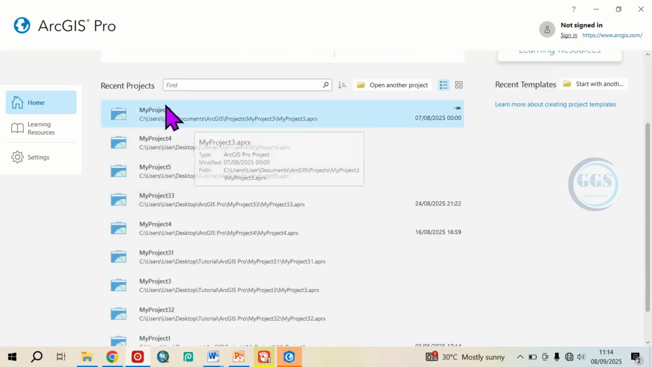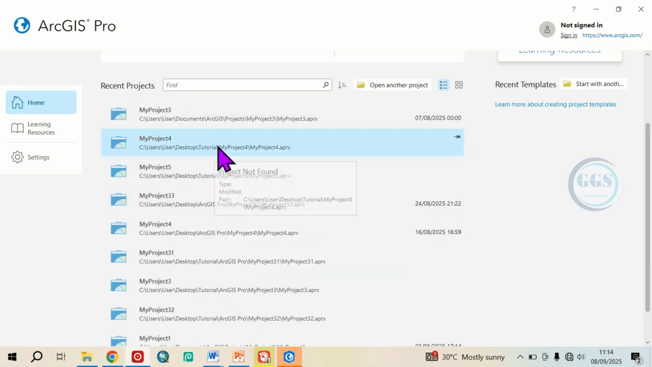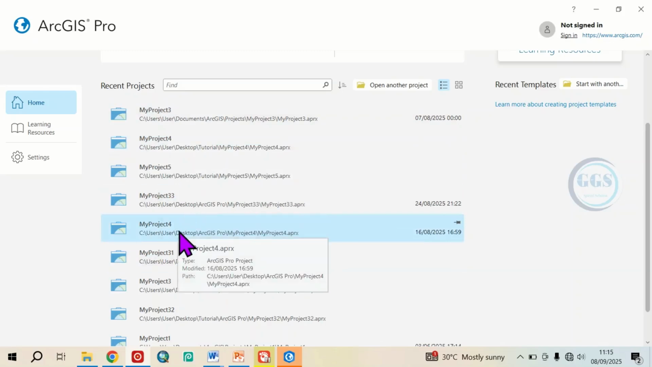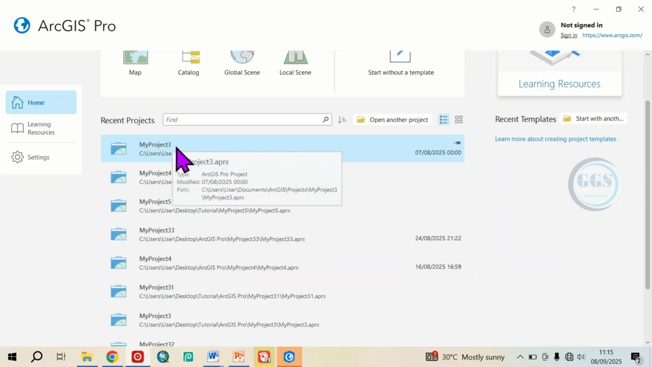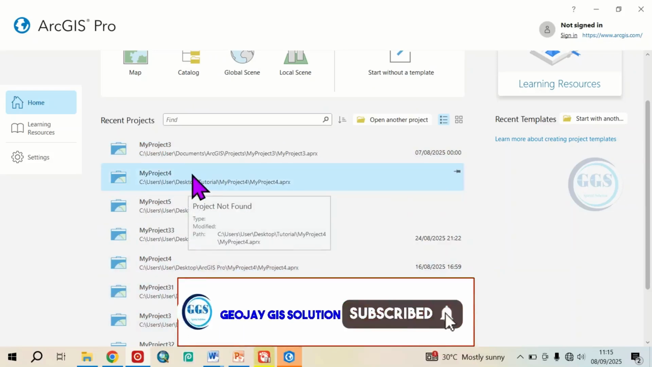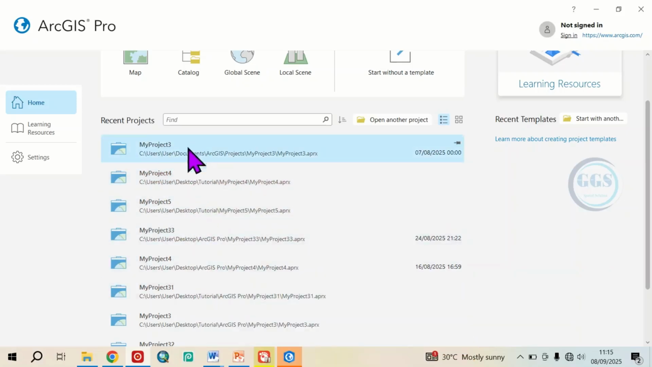The essence of recently opened projects here is to help you easily navigate or open your recent projects. However, there are times that it becomes confusing. For example, you can see my project 4 here, and you can see another my project 4 here. So this is a little bit confusing. You can see my project 3 here, and if I go down, there's another my project 3 here. So this can become confusing, and to avoid confusion, you may want to remove the list of recently opened projects